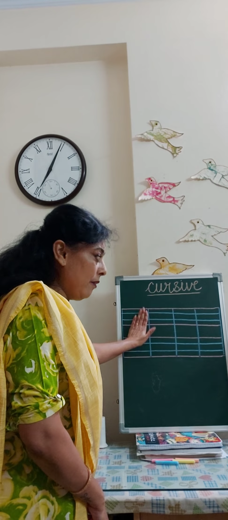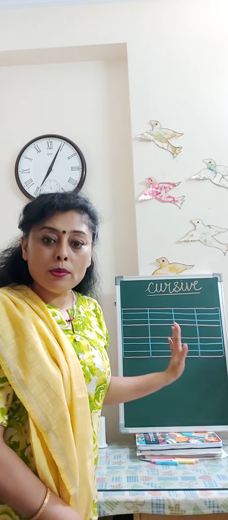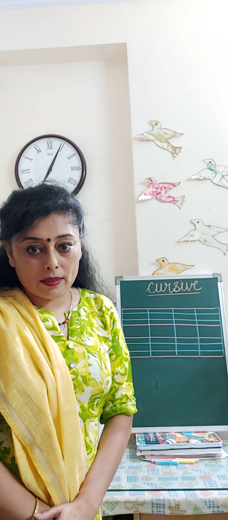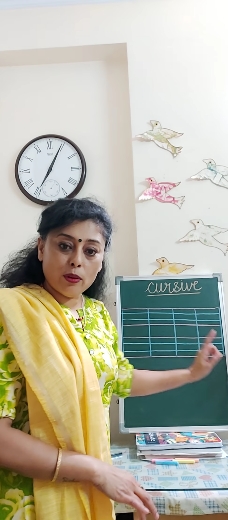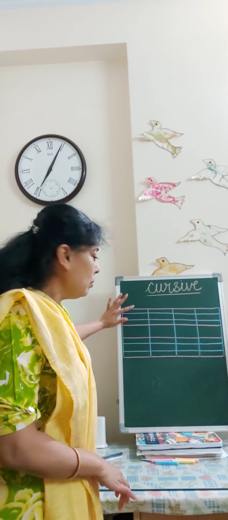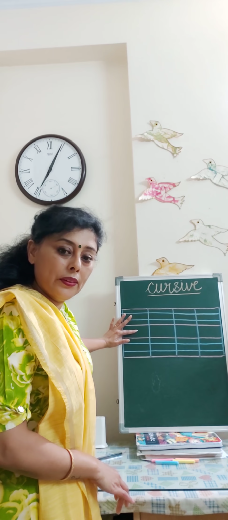Always the cursive is written in these English papers with 4 lines. This is the basic. From here we make you learn how to write cursive in 4 lines. When you are opening an English copy, you must be seeing these 4 lines: red line, blue line, and red line. To learn how to write cursive, you must follow where to write the letters. Is it going to start with red line or is it going to start with blue line?